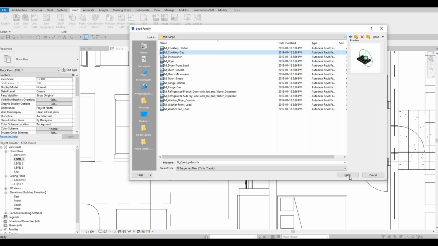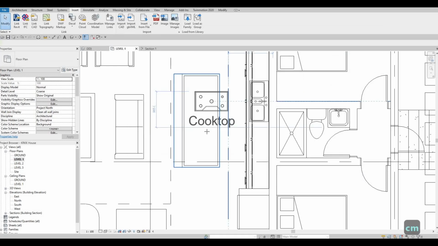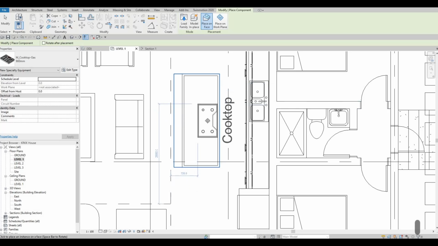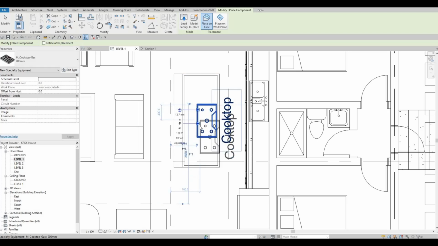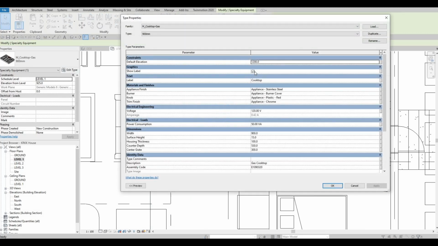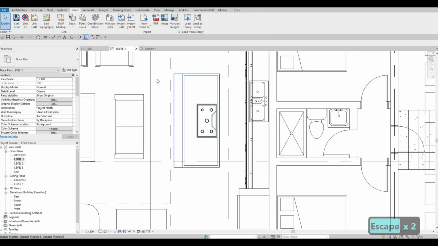So let's add this one. Open CM, and then let's add, so spacebar to rotate, and then let's add the cooktop right here in the middle. I don't want the label to show, so edit, uncheck here, and click apply. And then after that,